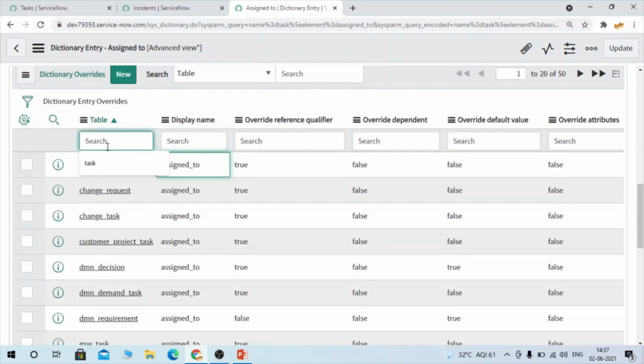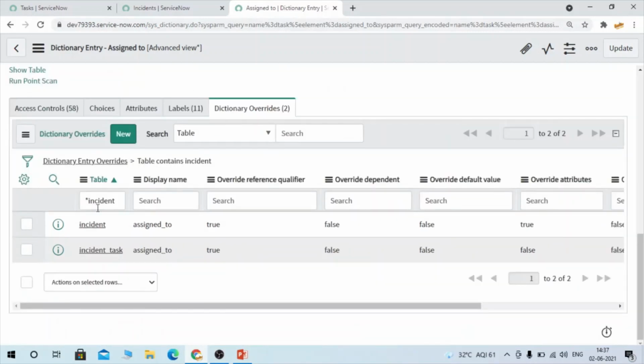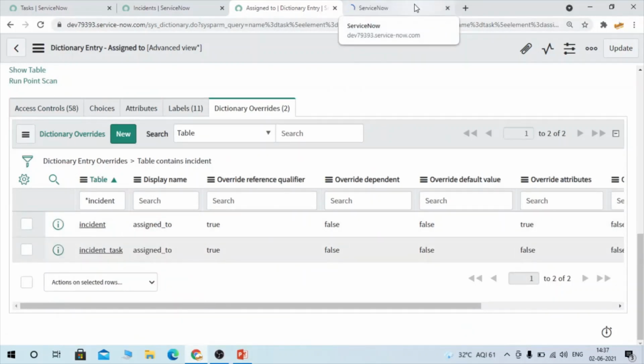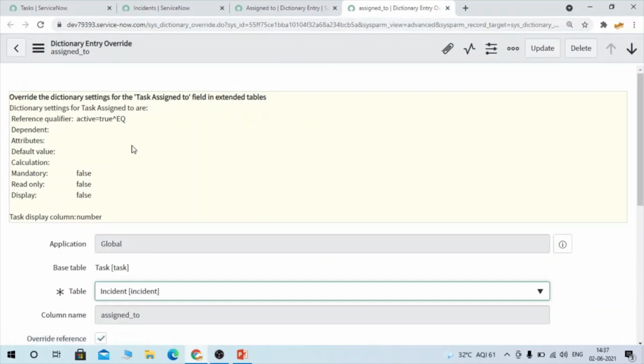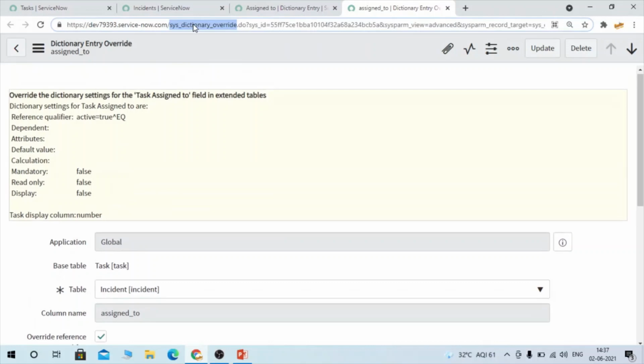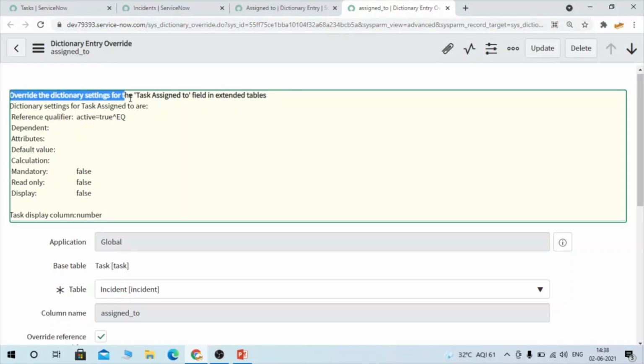If you search for the incident table, you can see there is one dictionary override entry created for the assigned to field. The table name for dictionary override is sys underscore dictionary underscore override. You can navigate to this table directly and see all the dictionary override entries for that table. Here we override the dictionary setting for the task assigned to field in the extended table.